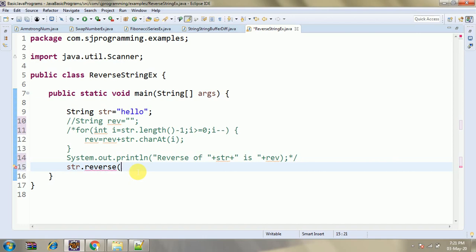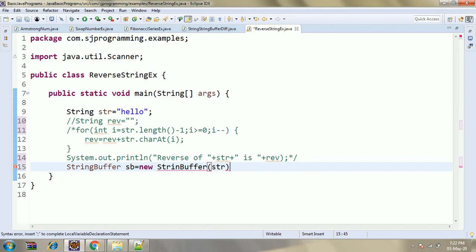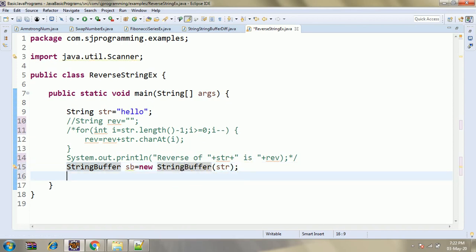So we have StringBuffer. We will create the object of StringBuffer, sb is equal to new StringBuffer, and here we will provide the original string.